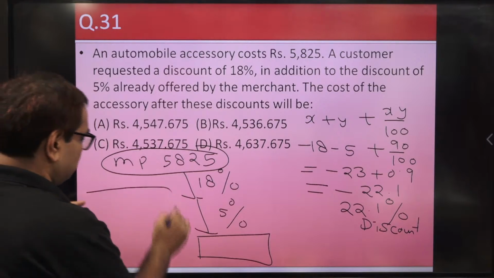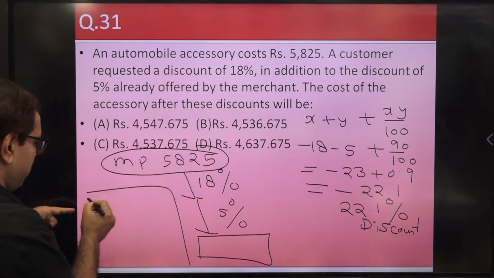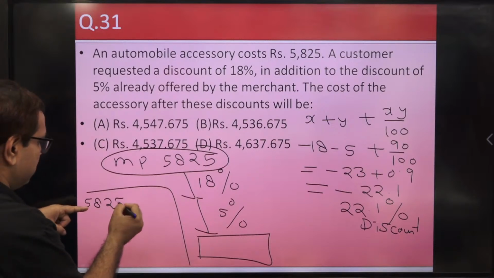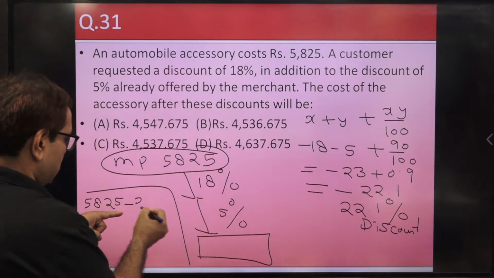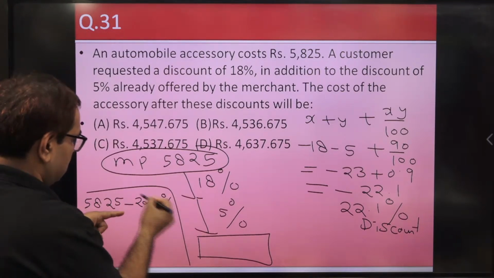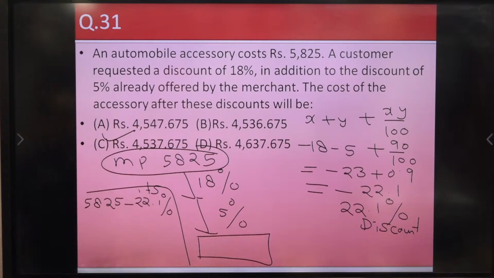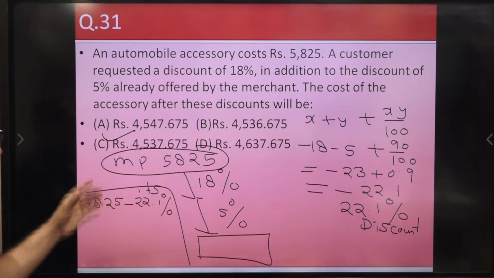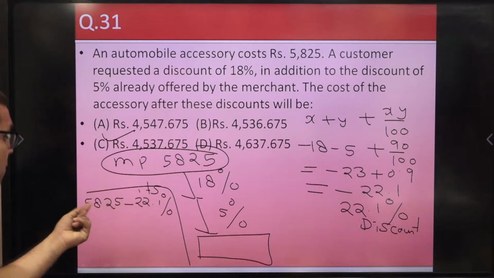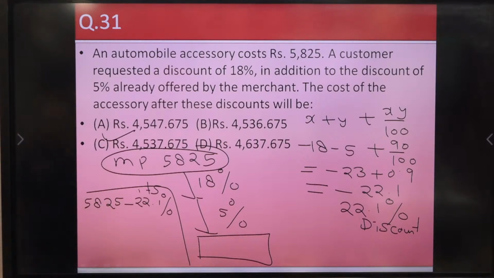So the answer is 5825 minus its 22.1%. This will be the price. C is the right answer. 100 minus 22.1 is 77.9, so it is 77.9% of this quantity. You can also say it that way, and that can be computed. So the concept of successive discount is useful in many problems. Please take care of this. Now we have